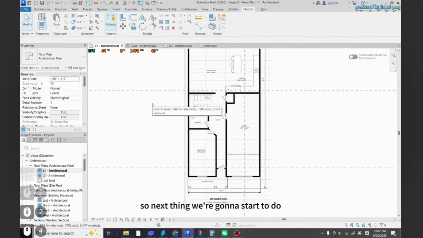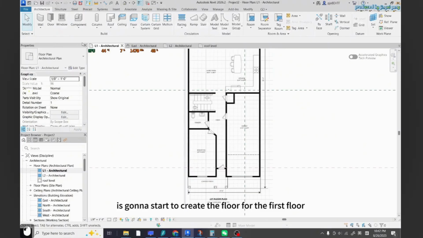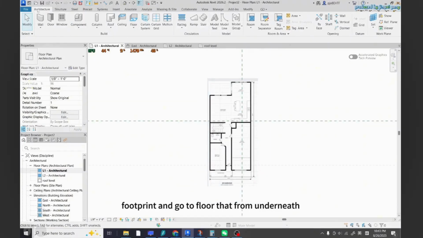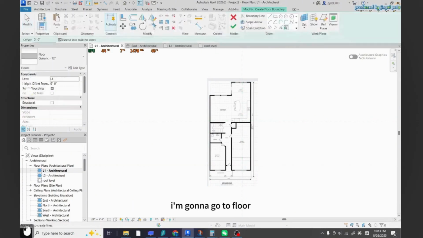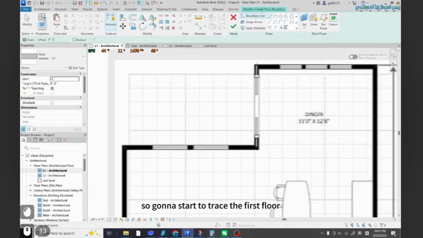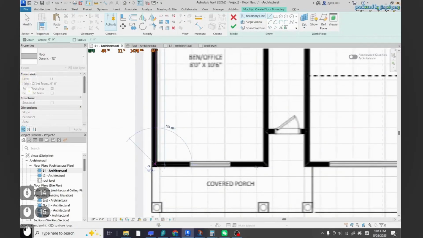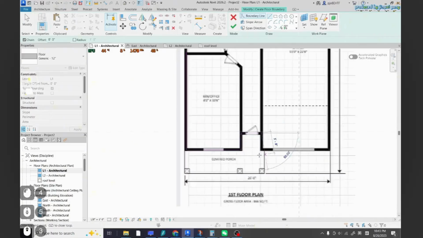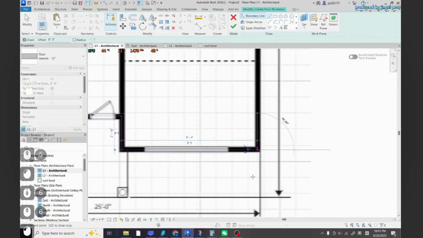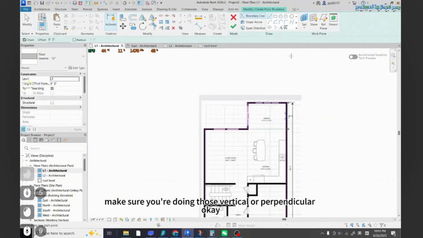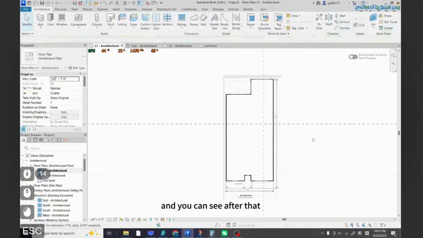Okay, so the next thing we're going to start to do is create the floor for the first floor footprint. And I'm going to go to floor, from underneath the architecture tab, and we're going to use line. So we're going to start to trace the first floor. Make sure you're doing those vertical or perpendicular. Okay, and after you finish this whole shape, just click OK,